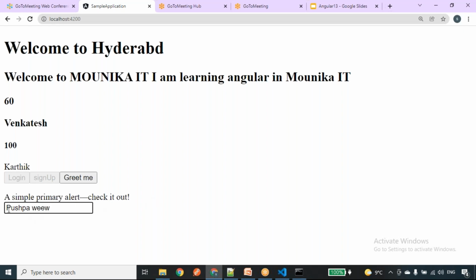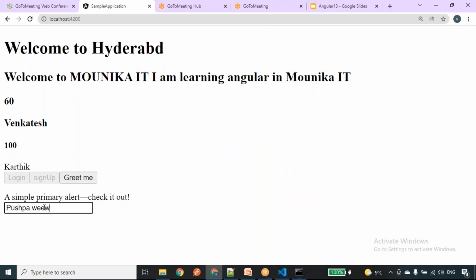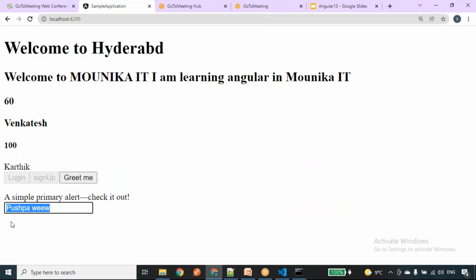My requirement is, whenever I update the text box, which we consider as a view, I need to update this value, which we can consider as a model or the property. So whenever I update the text box value, it should update this model. Once you update this model, it updates again in the view.